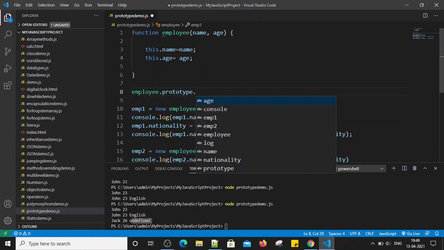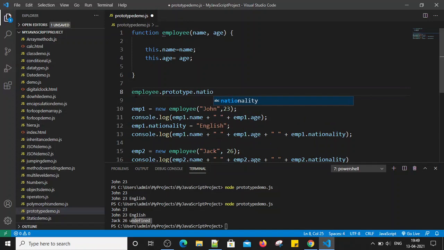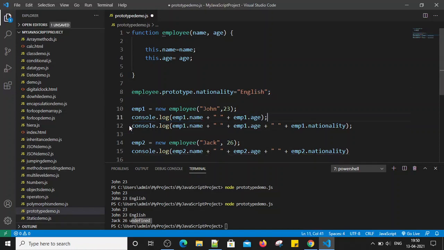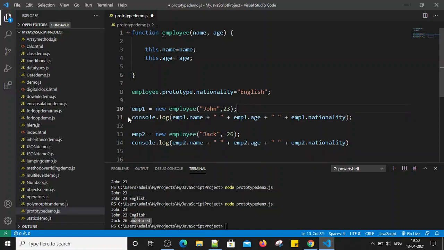So we have to add nationality, right? So we just add nationality is equal to, and we have to provide the value. So I'm going to provide the value as English. So we don't need this line now. So I'm just removing this, and I'm removing this as well, right?